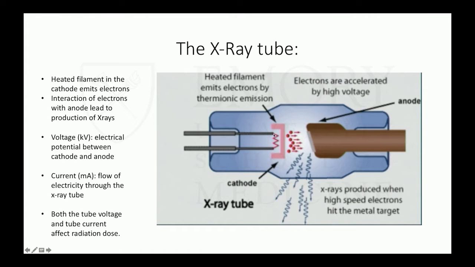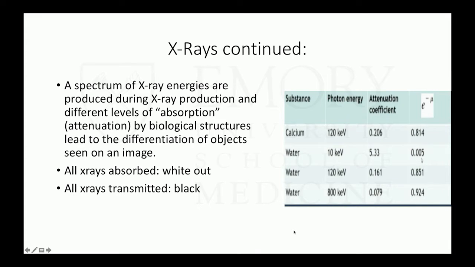where X-ray production occurs. And so what that is you have a heated filament that's emitting electrons, and those electrons are accelerated by a voltage potential, and those electrons are hitting the anode, and that production and interaction of electrons with the atoms on the anode is what produces X-rays. And so with that process, there are a spectrum of X-ray energies that are created during X-ray production, and different levels of absorption, or what we call attenuation by biological structures, are what lead to the discrimination of objects on